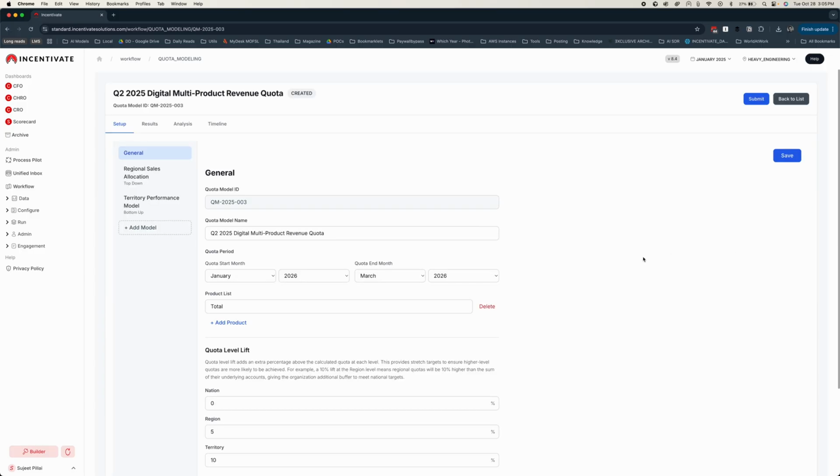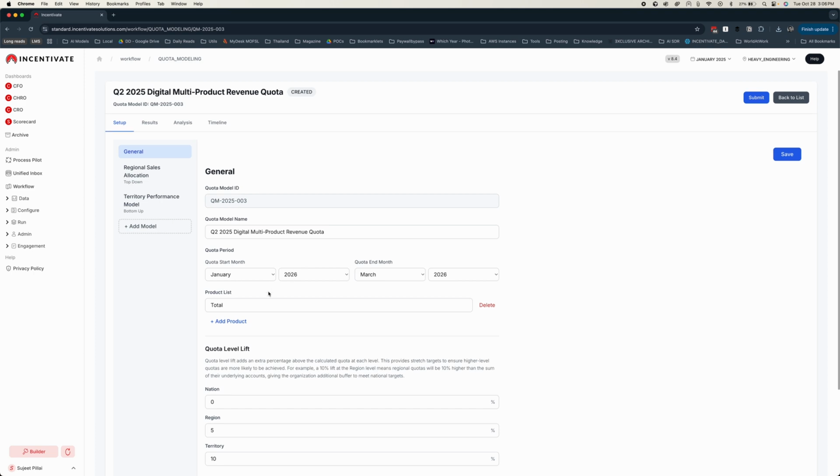At the top, you'll see a navigation bar with multiple tabs: Setup, Results, Analytics, and Timeline. Let's begin with the Setup tab. In the General section, you define the model name, the period for which quotas are to be set, say Q1 2026, and optionally a list of products if you want to set quotas at a product level using the same